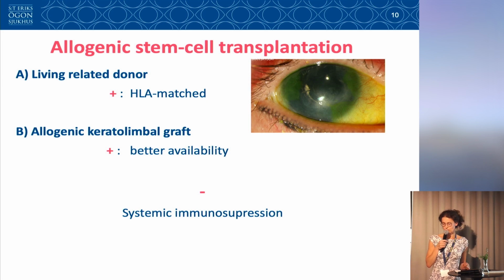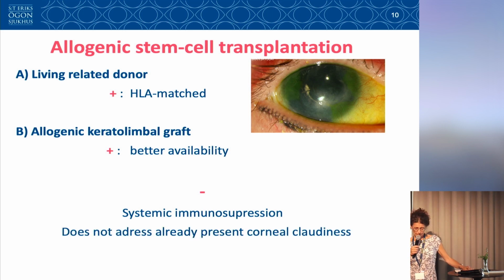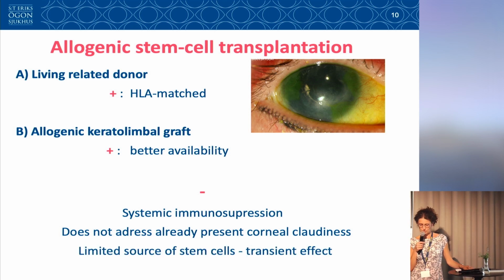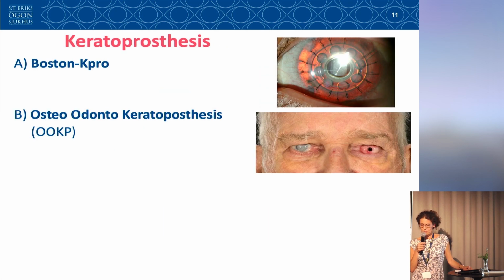And one should remember that these are drugs with severe side effects that in certain circumstances can actually be life-threatening. And then this method does not address already present corneal clouding, but can of course be combined with keratoplasty afterwards. And even here we have a limited source of stem cells, so the effect will be transient even here. And at the end there is keratoprosthesis, where we have the artificial